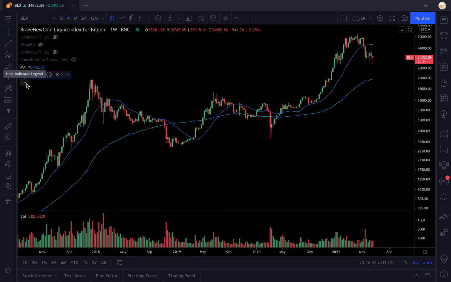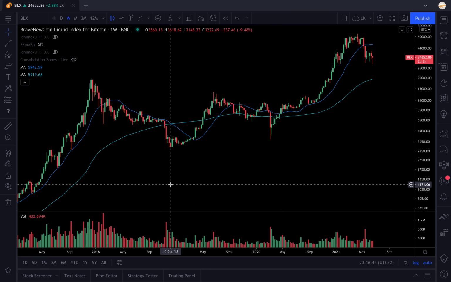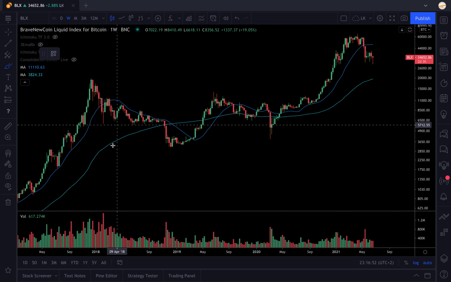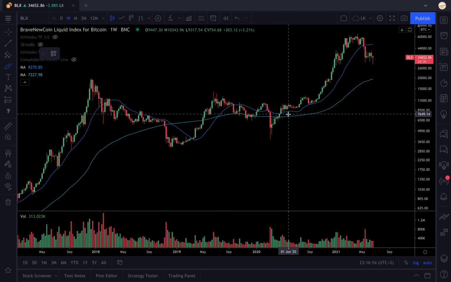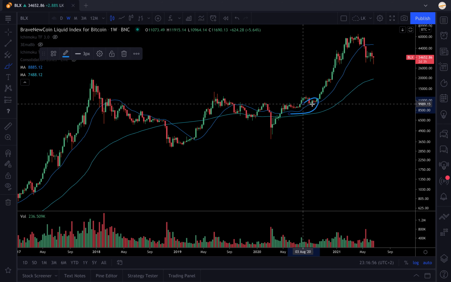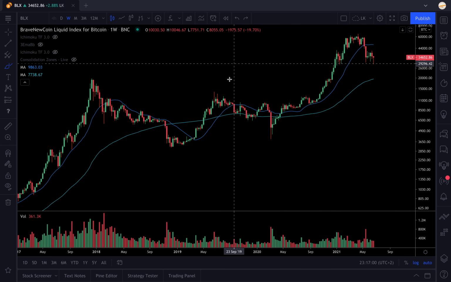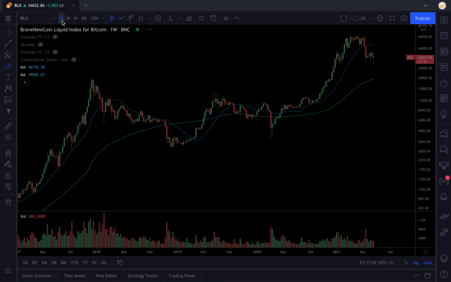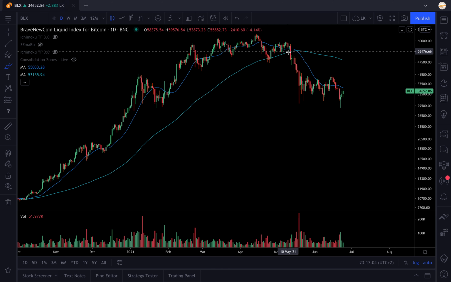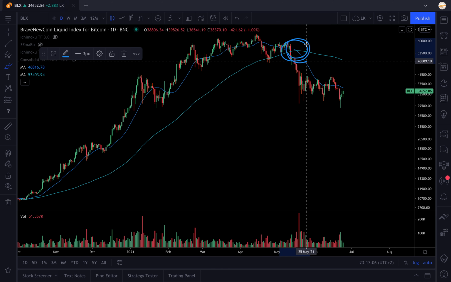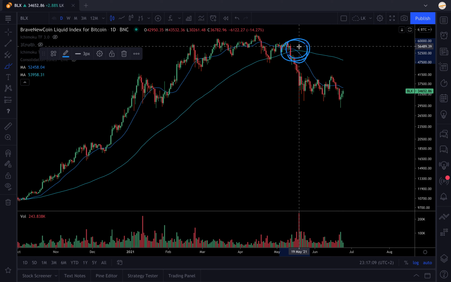Those are the standard. And when you have an asset that's bullish, the two moving averages are acting in a certain way. You might know, but if you don't know, I'm gonna explain it to you. When the asset is bullish, the 20 is above the 100, and it's the opposite when the asset is bearish. So we're gonna go to the daily chart on Bitcoin, and you can see that from here we have a declared bearish trend according to